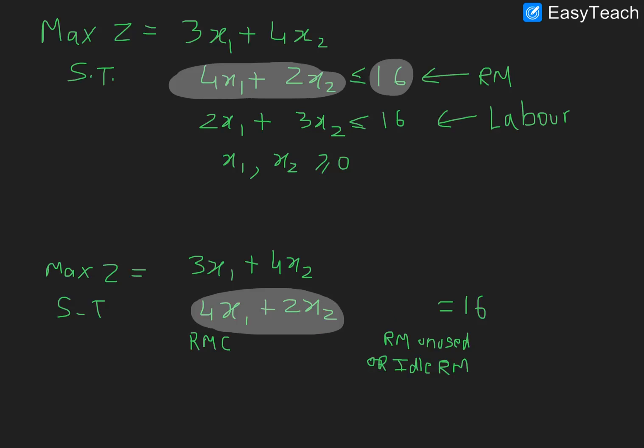I mean to say, some portion of your 16 units of raw material will be utilized or consumed. The remaining portion will remain as an idle or unused part. That's the reason when I add both of them, raw material consumed and the unused raw material, both of them should add up to 16. That idle raw material we are going to denote by a variable S1, which we call a slack variable. So here I just write a line: introducing slack variables